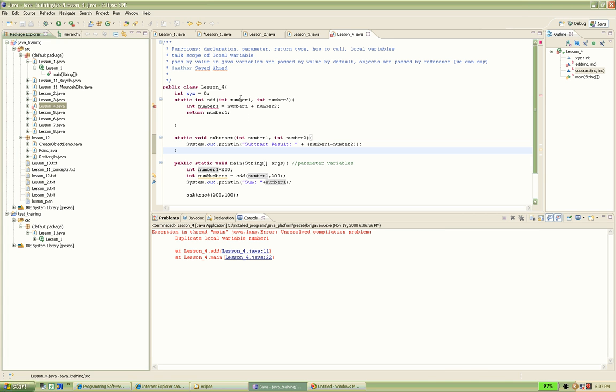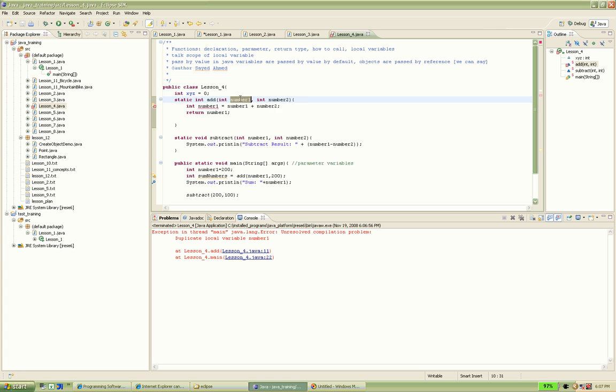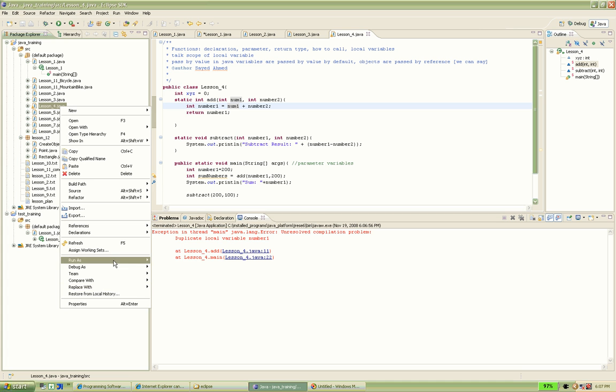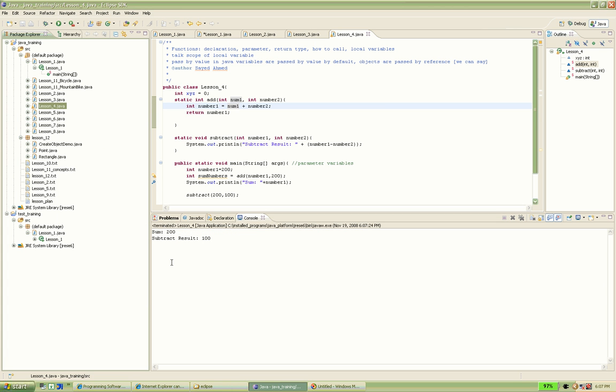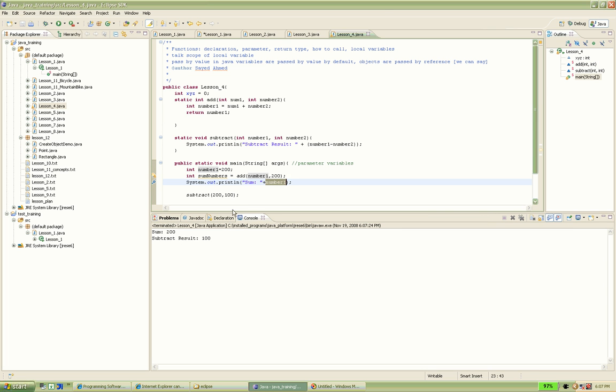That makes sense, because this number 1, I can say it num1. I think we have declared it multiple times. Yeah. Number 1, number 1. So we write here, number 1, subtract result sum 200. It is 200. It is coming here. It is not getting changed. But if we try to print it here,